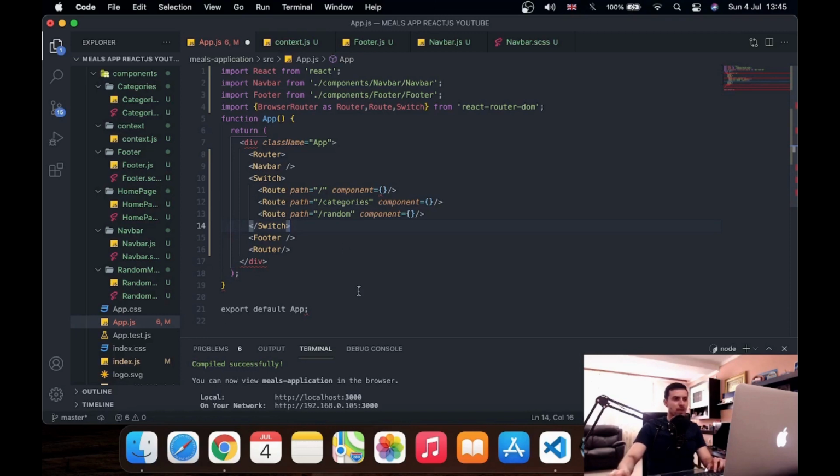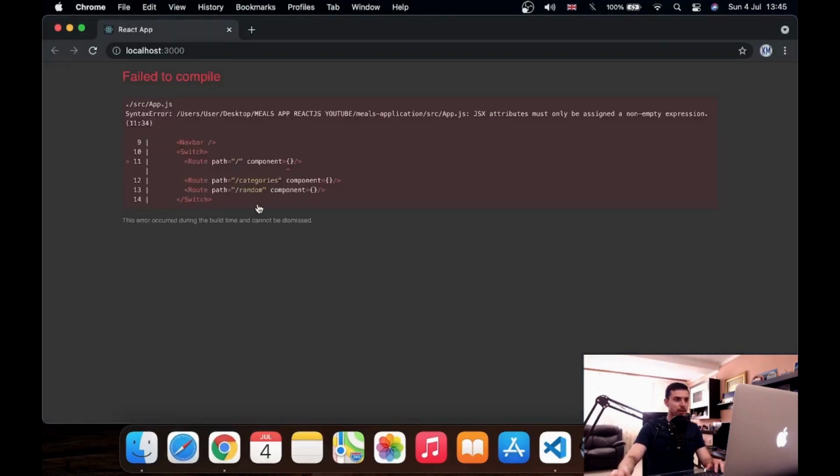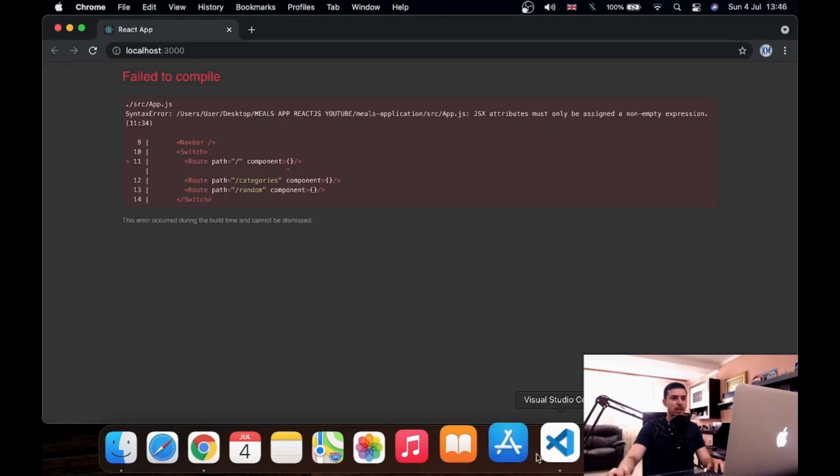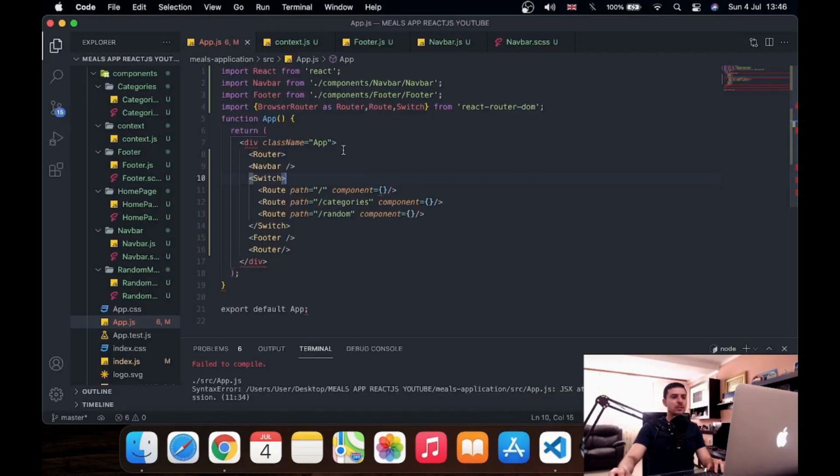Okay. Let's save this. Let's see what's happening. Failed to compile. JSX attribute must only be assigned a non-empty expression. Okay, I know why this is happening. Okay, so in order to